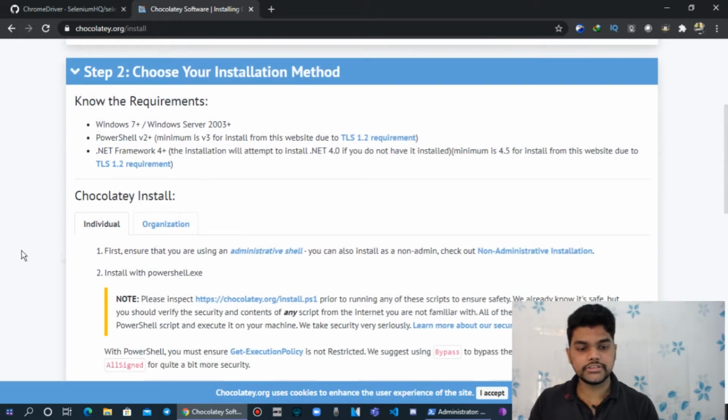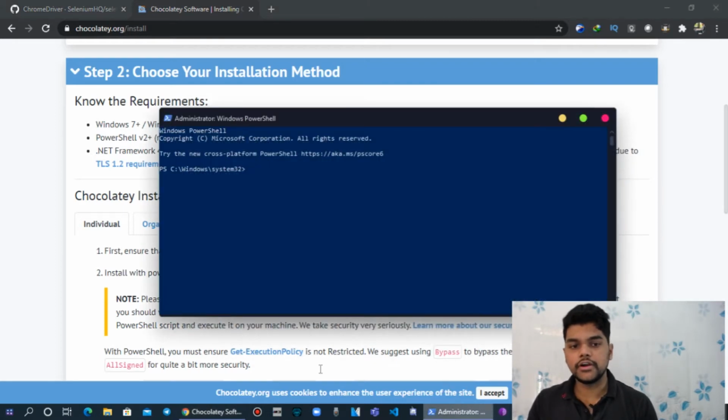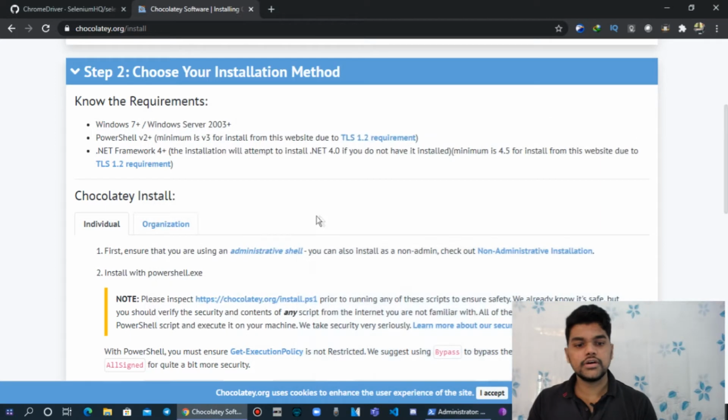For this you need to open an administrative shell, that means PowerShell, on your PC. If you are a Windows user, go to the start menu, search for PowerShell and right click, run as administrator. I think most of you know this. I have already opened PowerShell with administrator rights.